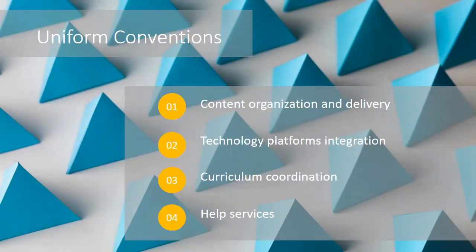So across a program, these are some of the things to think about when thinking about how things should be the same for the students. I just talked about content organization. It's important for technology to try to, as a college or as a program, adopt the same tools. If every instructor is using their own mix of tools, it can be confusing to learners. And I know that some teachers are going to want to adopt particular tools they like, but if faculty can meet and be on the same page about the type of tools that they're going to use, that can be important. Overall curriculum coordination is obviously going to be really important, but communicating that to the students can be useful